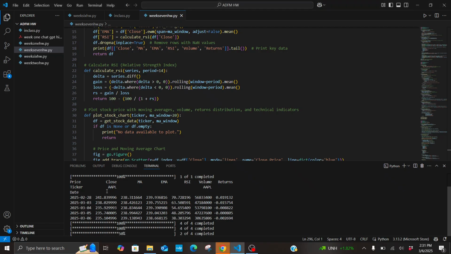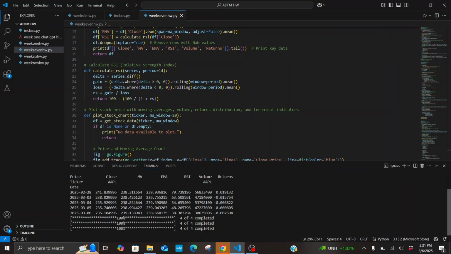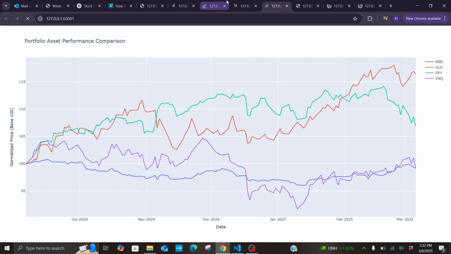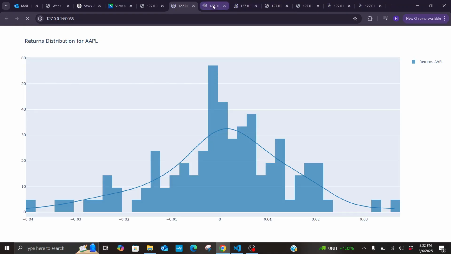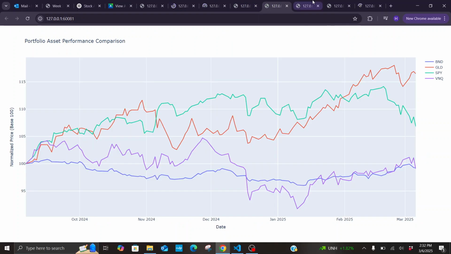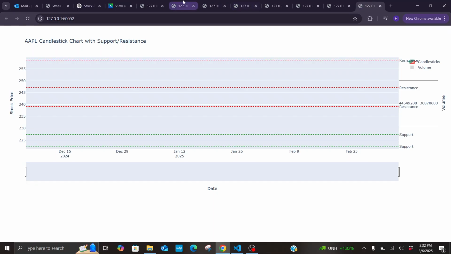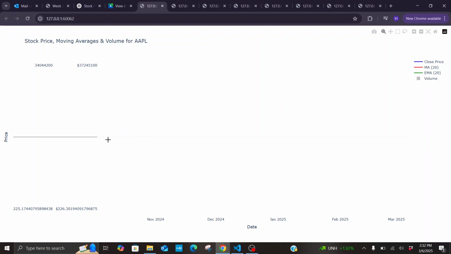So going back to here, we got our data frame. So everything's loaded. Okay, this is our